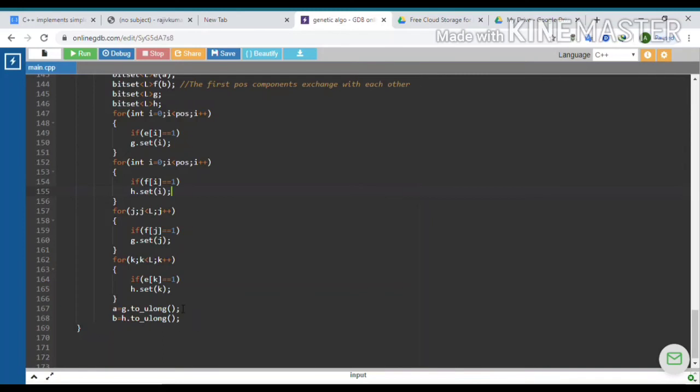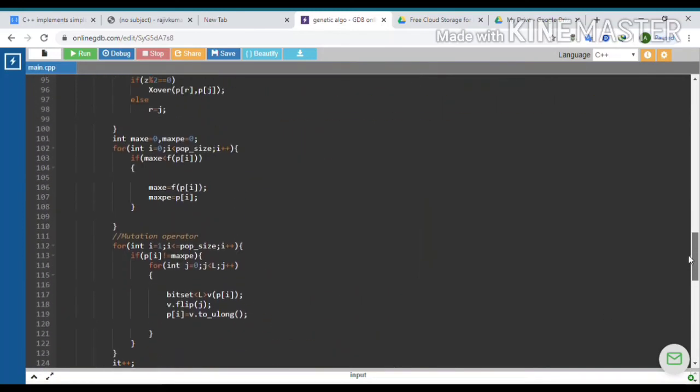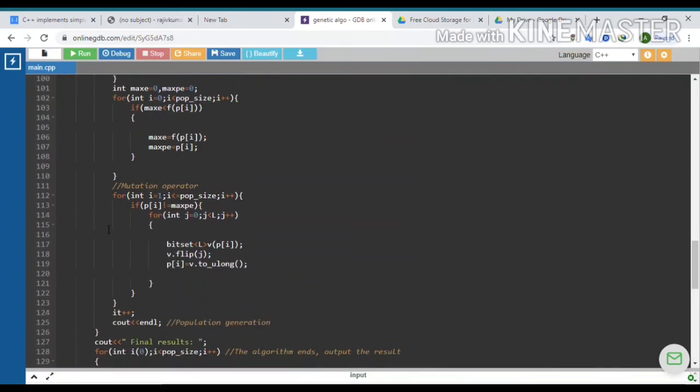Now let's see the mutation part. Here we have the code for mutation. In this code, we are mutating each chromosome except the chromosome which has the highest fitness. We have stored that chromosome in the max PE variable, and we check for the element.